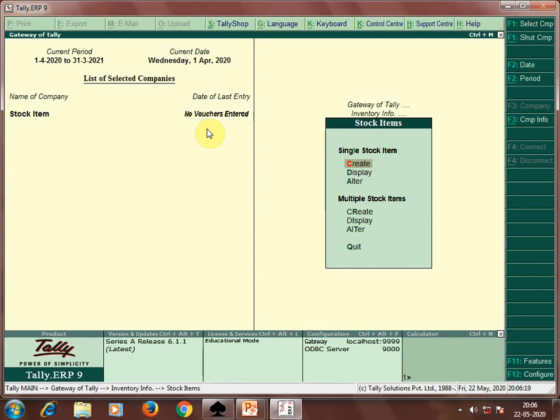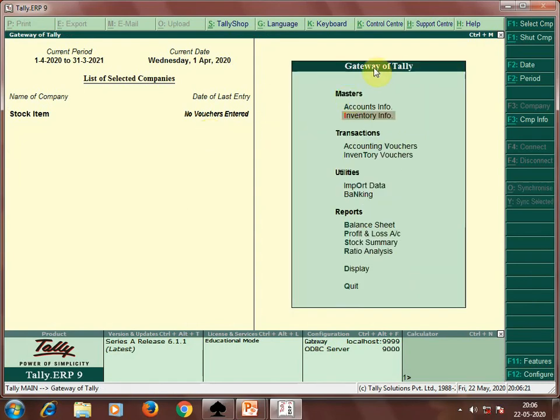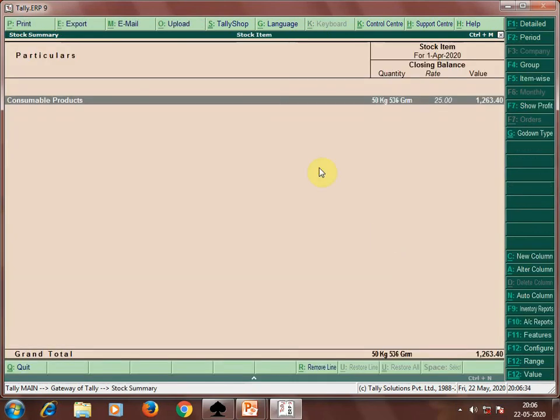Now come to the Gateway of Tally. We are in the Gateway of Tally, and under the report menu here is a report called stock summary. Press enter and here you can see the product group that you have created, that is consumable products.